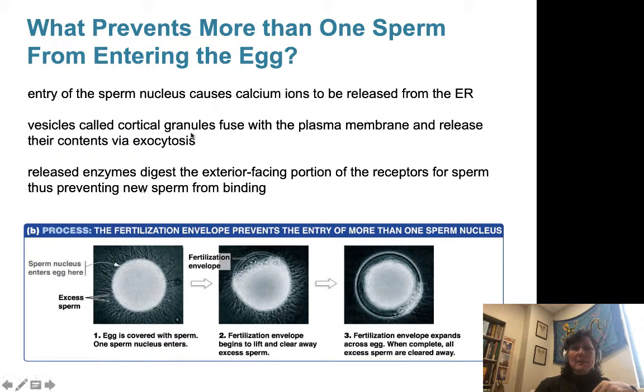When that happens, it causes a release of calcium ions from the endoplasmic reticulum. Then vesicles called cortical granules fuse with the plasma membrane of the egg, and that causes them to release their contents via exocytosis. When these enzymes are released, it basically blocks the receptors for sperm on the surface of the egg, effectively vacuuming away all of those receptors, and so it pushes all the sperm from the surface of the egg